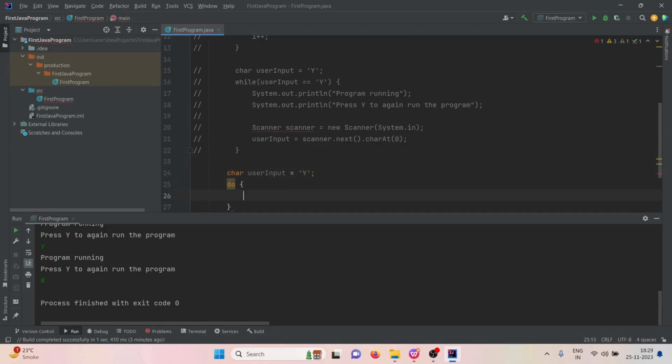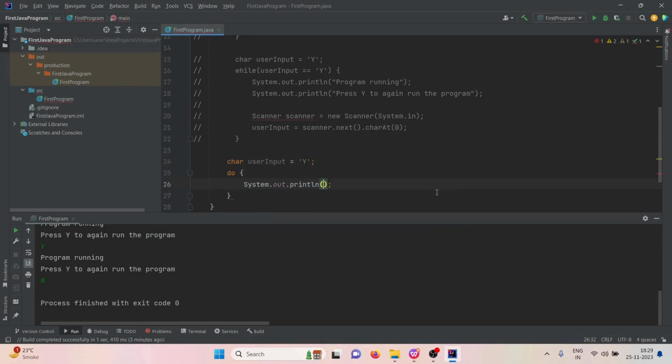Inside here we'll type in sout "Program running", sout "Press Y to again run the program",